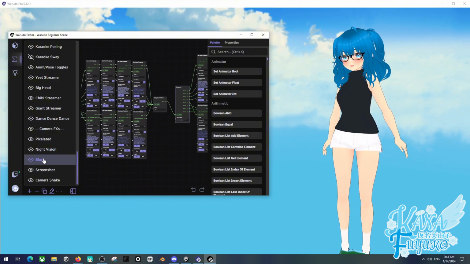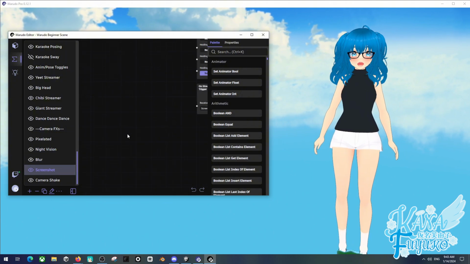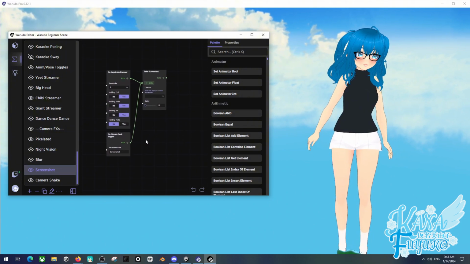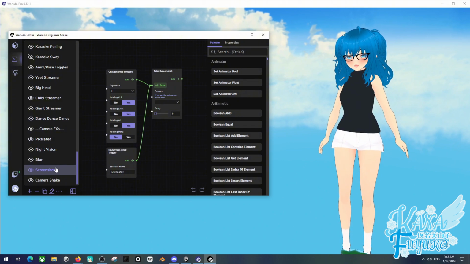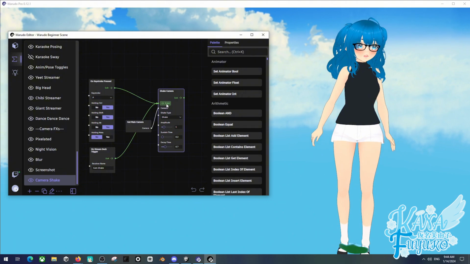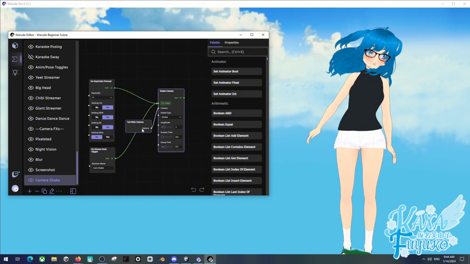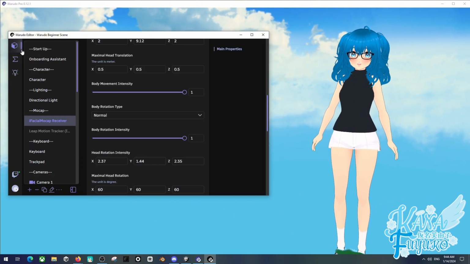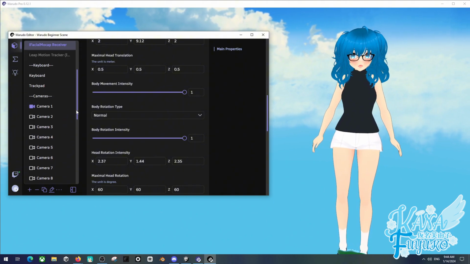And then, of course, you can have screenshot as well, so if you do a lot of pictures of your avatar, simply there is just this node here, and then there's camera shake. So if you want to shake the camera as a hotkey, you can have that. And pretty much in a nutshell, that is how you can set up, or at least a tour of the